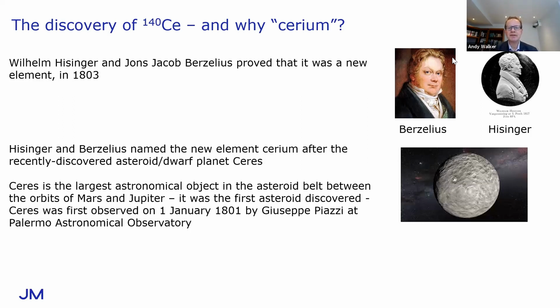And they named the new element cerium after the first asteroid in the asteroid belt to be discovered, which was called Ceres. And so in doing this, Berzelius and Hisinger were kind of following what had happened with uranium and Uranus. So a very similar thing there, planetary discovery, and then the next element that comes along was named after that. And Ceres, it's the largest astronomical object in the asteroid belt, and obviously that's what sits between Mars and